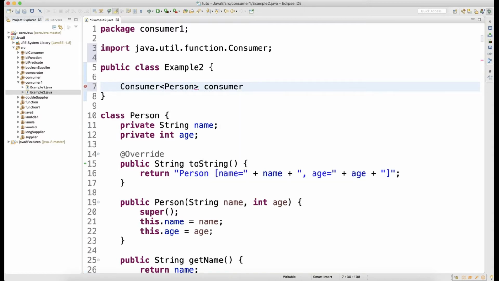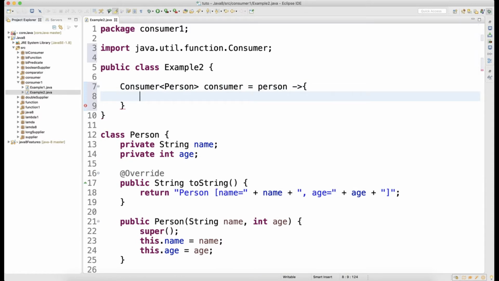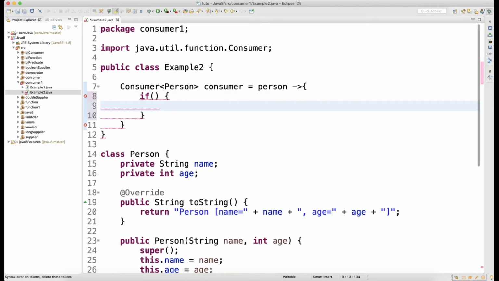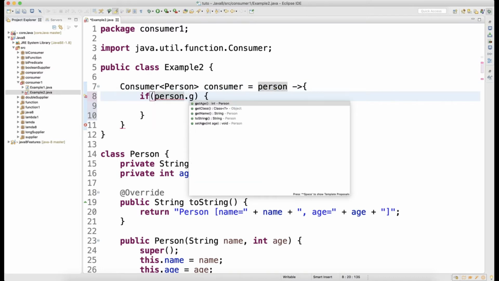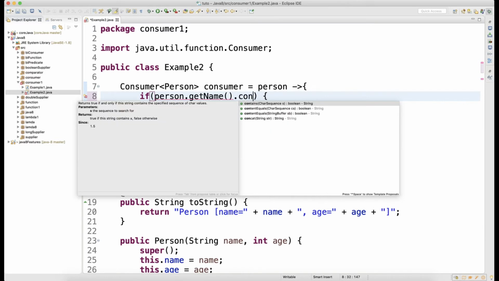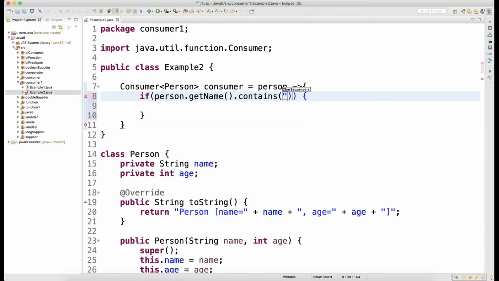This is my consumer, and this will take Person as an argument, and here, inside, I will write some logic. I will write if person.getName().contains, let's say, "Ram",